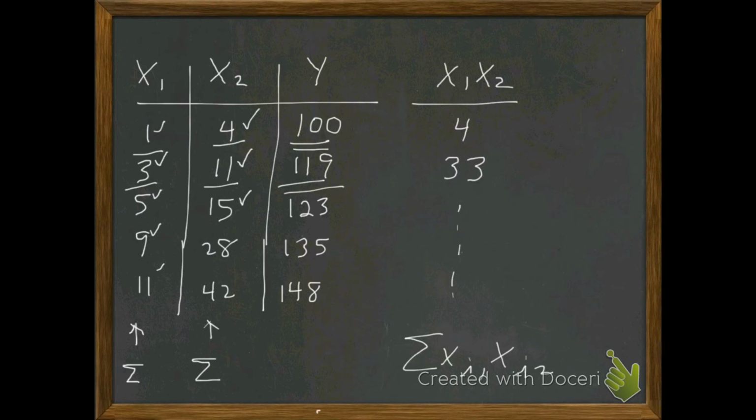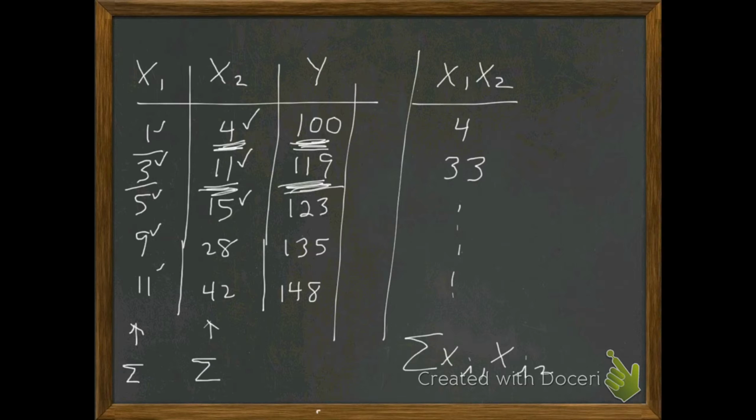So 4 times 100, 11 times 119, and of course we add those up. Now, if I were doing this for a grade, as a student, I would probably use the calculator, matrix methods, or some way to create a much neater